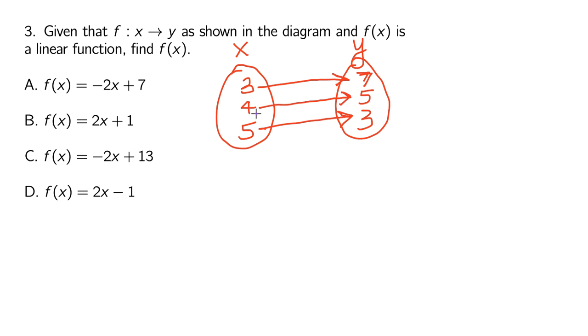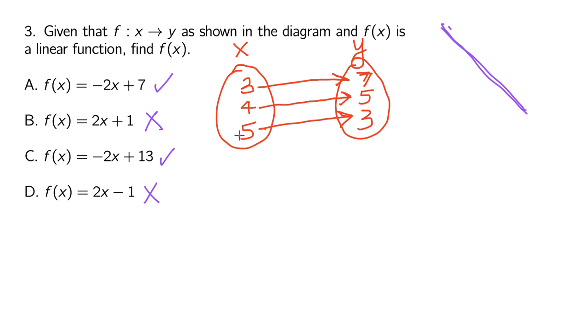So there's an inverse relationship between x and y, and if you know how your graph should look, it is going to be slanting backwards like this. That also means that its gradient is negative. So looking at these functions, which ones have a negative gradient? You see that this has a negative gradient, this has a negative gradient, this has a positive gradient, so it's out. So we have two options,